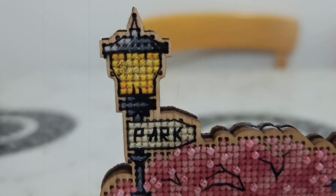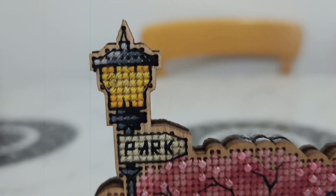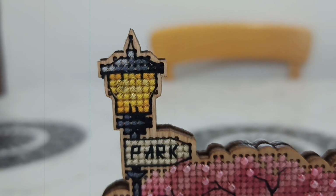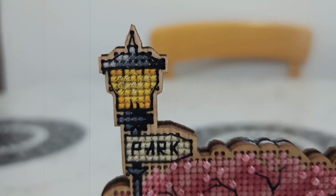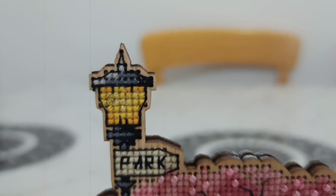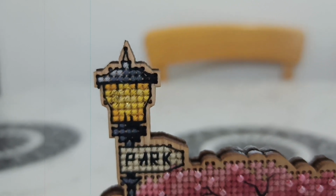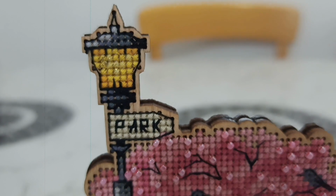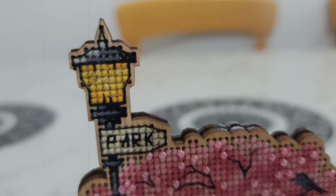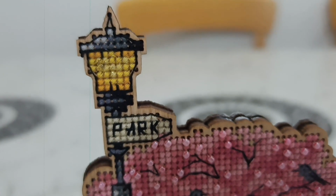Plus, I had to stitch some crane neck. I'm sorry, I'll have to pick it up. I had to stitch some crane neck, but then I decided not to because it was really bad quality. Though it was crane neck, I don't know what was going on with that thread. It was all ripping apart, so I just left it, and it's a little sparkly at some point, but that's just what I have. Plus, I chose to stitch the name over here in English. I've stitched it as park and not park in Russian,